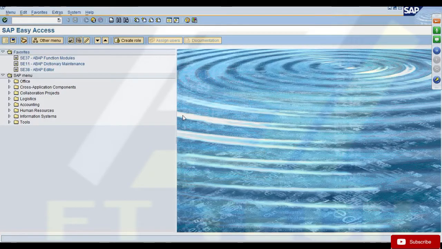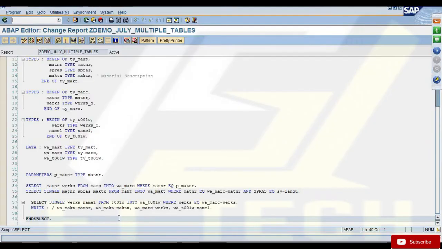So whenever you want to process data, simply bring all the data at once into your program and then process that data. So access the data locally in your internal table rather than hitting the database every time you need that data. So any questions on these internal tables? No?